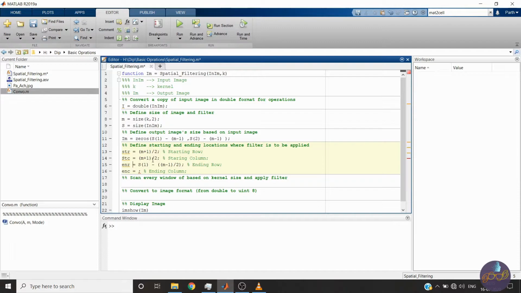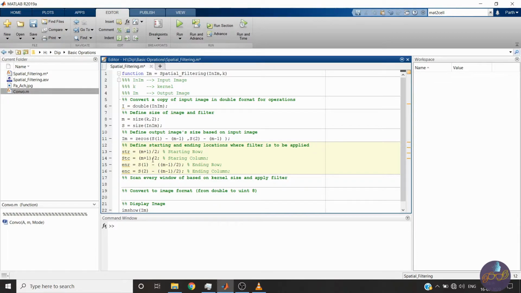The same we will do in the ending column. See, S2 is the ending column and we have to reduce m minus 1 by 2. So now we have the ending row, ending column, starting row and starting column.